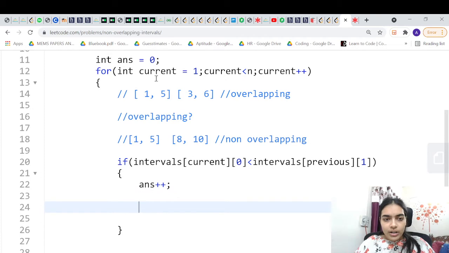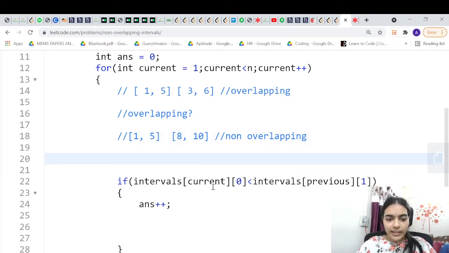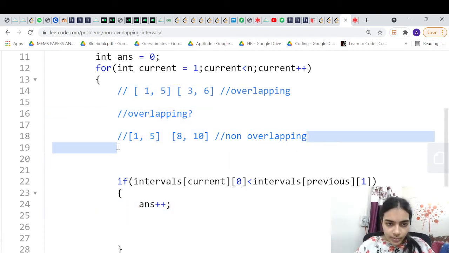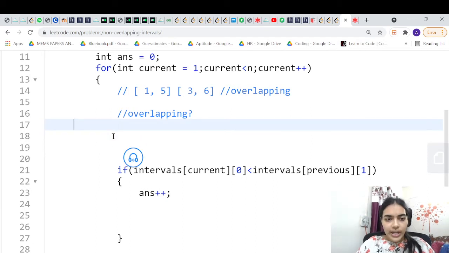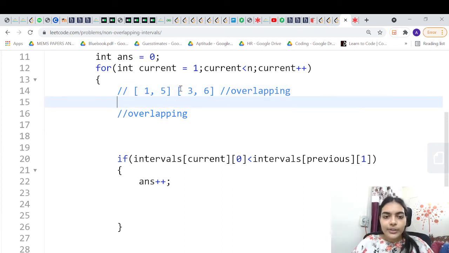Okay, now this was the case, but let's consider one more case. In this case, which interval will you delete, right? In the simple case, okay, let me first of all remove this. Okay, now we are looking at this particular case, right? If we are at this particular case, which interval will you have deleted? You would have simply deleted this interval, right? 3 6, so that you can go forward. Okay, you would have deleted the second interval. We just saw the two cases. You would have deleted the second interval.